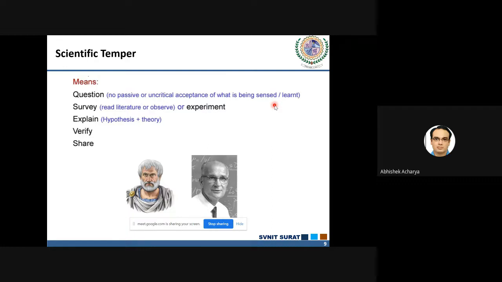So it was his belief. And as I told you, he was a great philosopher of his time. I'm talking about some centuries back. So people started following him, that women will have a lesser number of teeth than men. Now what is interesting to note here is that this man Aristotle